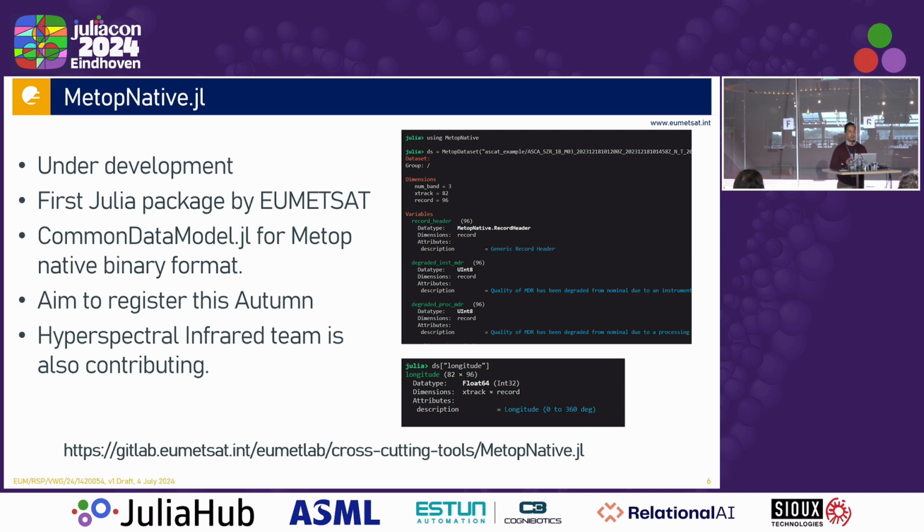We aim to not only cover our own sensors, but cover the whole satellite. So all the data that we as EUMETSAT put out in the native binary format, we want the package to cover, and also in all the format versions, because when you run a satellite program for over 20 years, sometimes the versions of the format change a bit along the way.